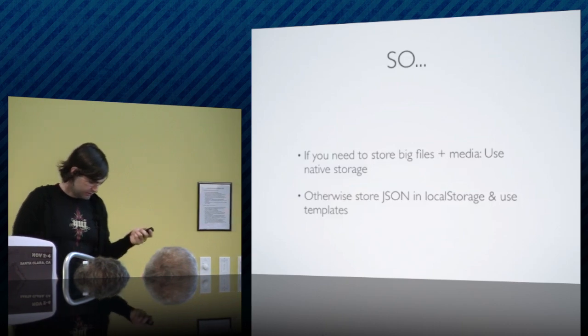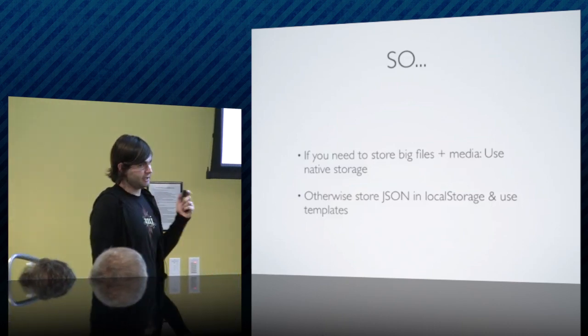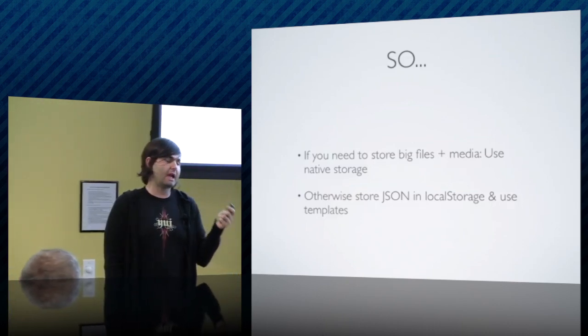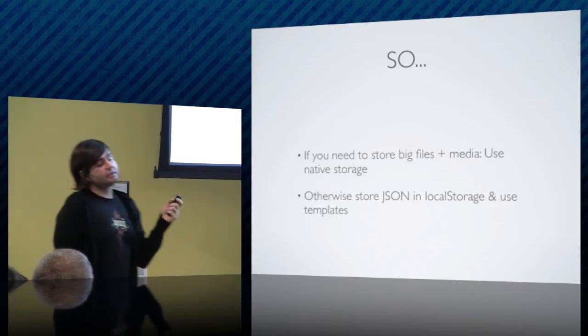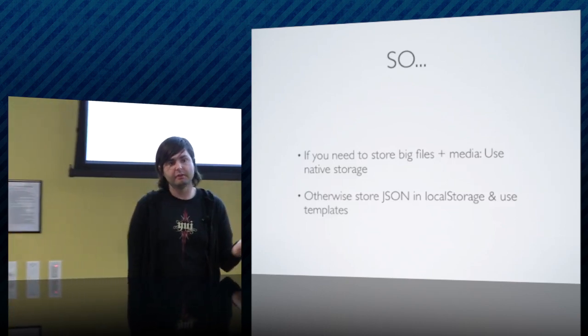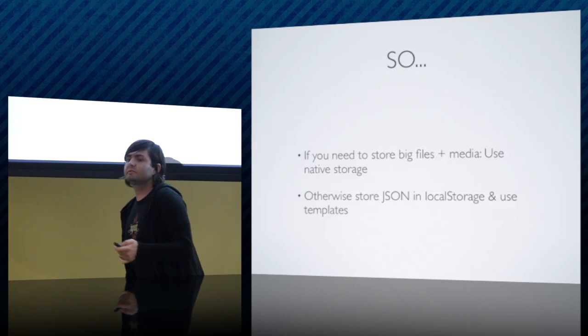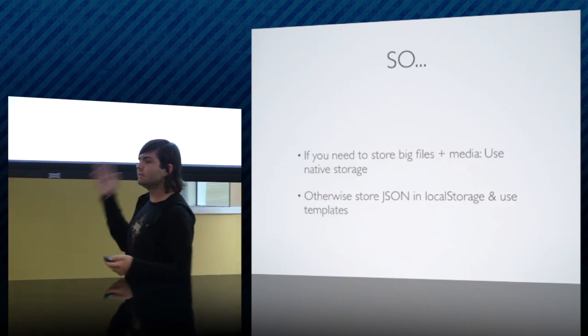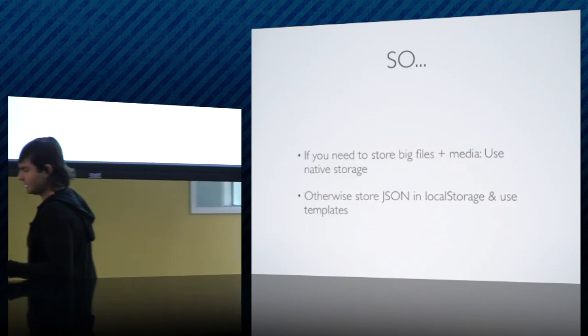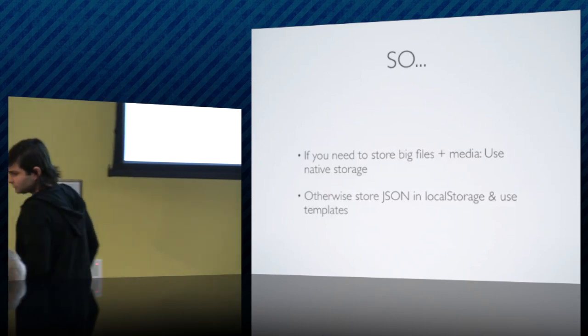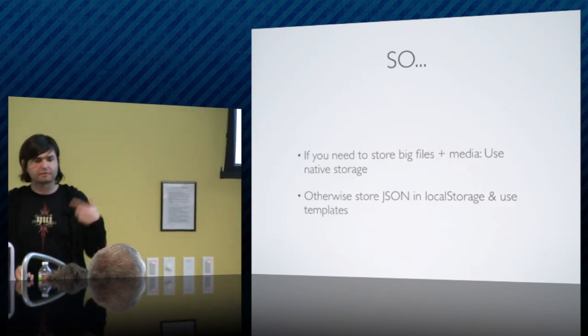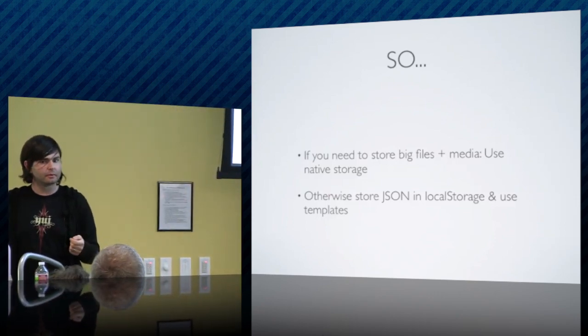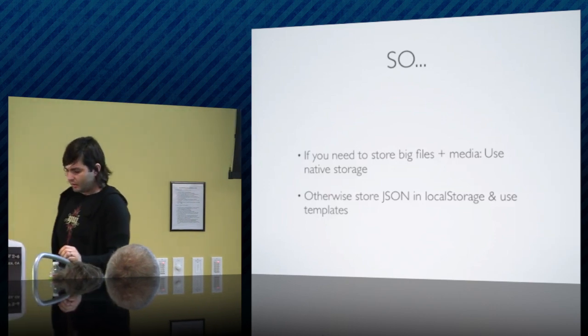So the conclusion for when you're thinking about saving and offline caching is, if you need something that's very big, use native. Otherwise, if you're just caching and saving data, you probably can get away with just using local storage and just using templating to generate your views. All right, so